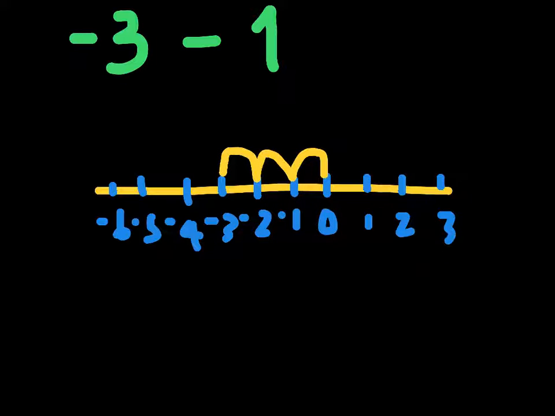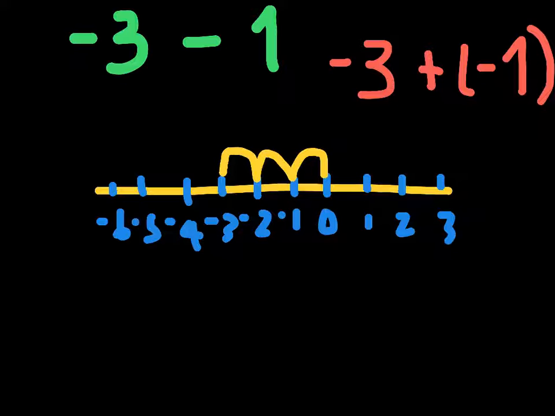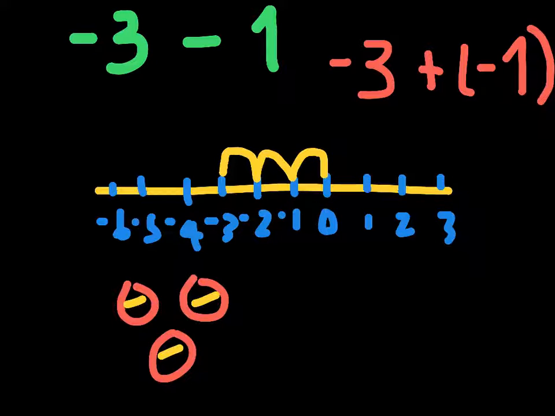So now this is negative 3 minus 1. It looks kind of a little bit weird because we can't really see the sign. So I'd like to rewrite it to be negative 3 plus negative 1. So now you can see it perfectly. Now, let's draw our integer counters just so that we can get some extra help. So we have 3 negatives plus another negative,